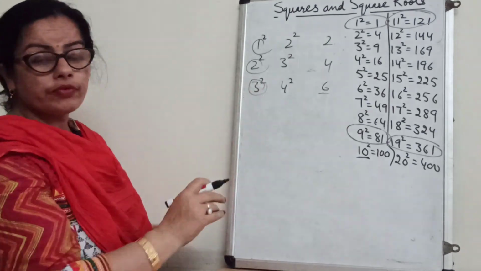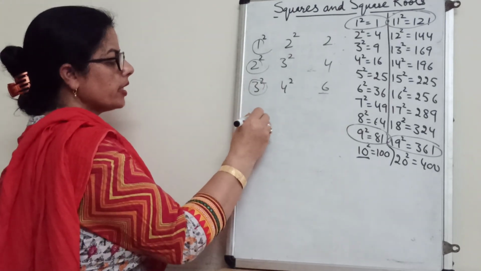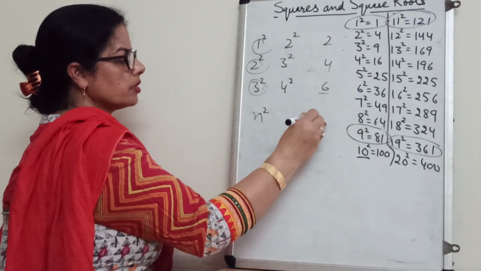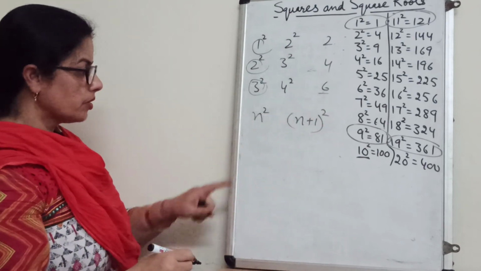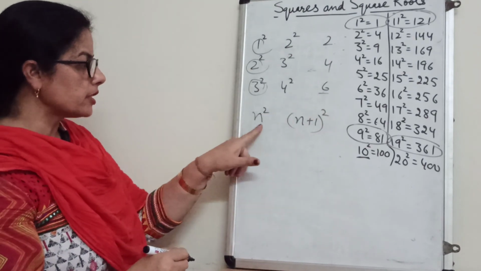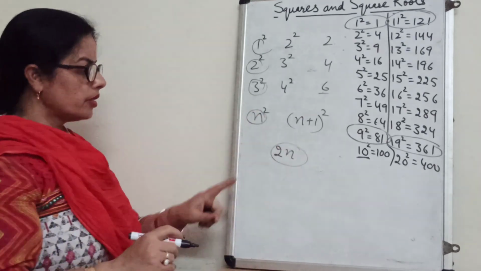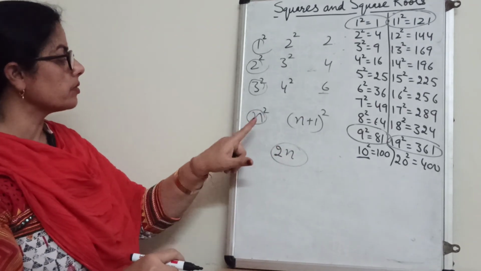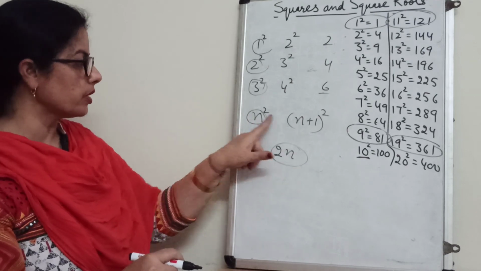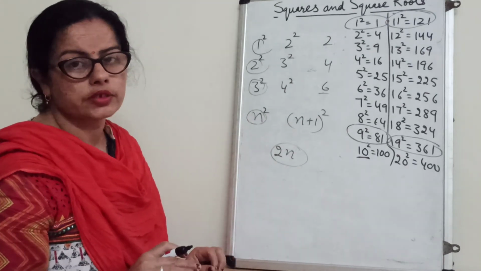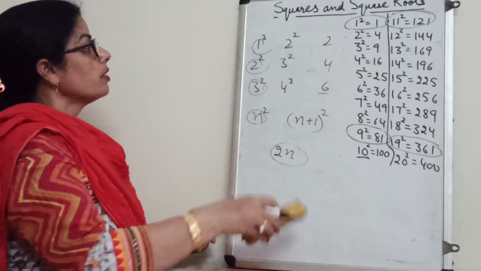So from here what we can say is that if we have two consecutive square numbers, then how many numbers lie between them? Twice the smaller number, means 2n. There always lie 2n non-perfect squares between two consecutive perfect squares. Is it clear? Next is,